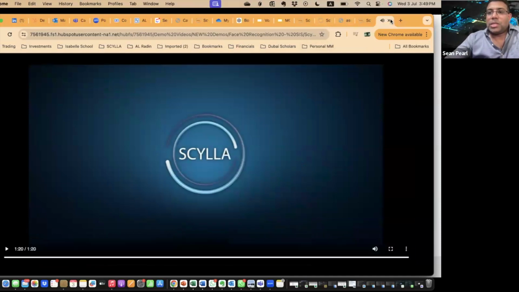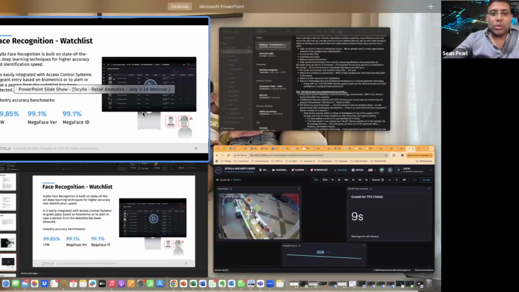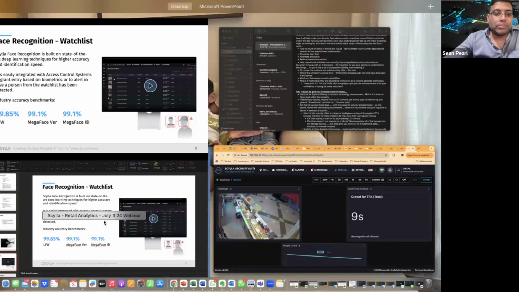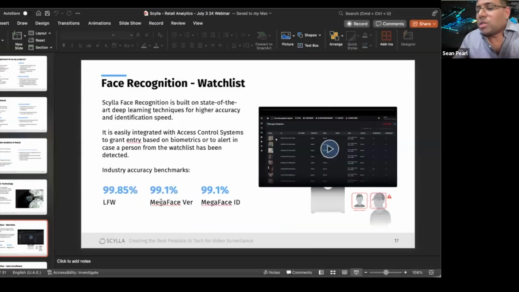Right. So that was just a very quick insight for you into how the watch list can actually be implemented. Every time you know of a person that is, let's say, of suspicious nature, you would want to put him in a blacklist, right? And you want action to be taken on this immediately. So what you can do is be a little more proactive.